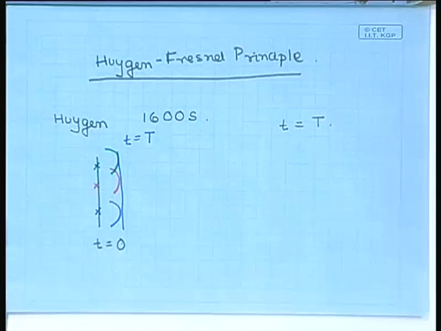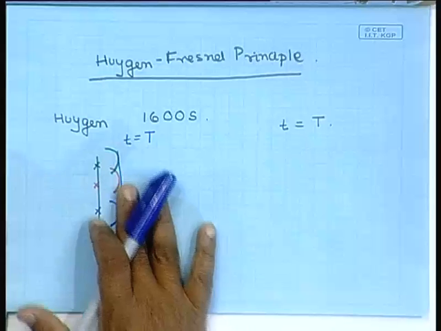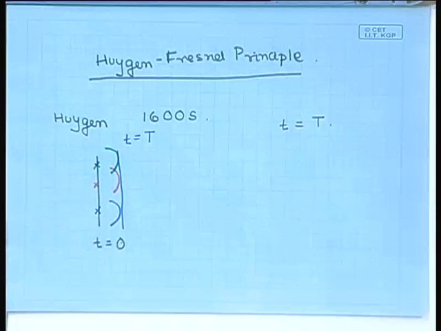Okay. So, this is a prescription which allows you to follow the propagation of a wave in a medium, because you can now use this to determine what the wave front will look like at a later time capital T, and you can do it for different values of the later time, and you will get to see how the wave front actually propagates inside this medium. Here I have taken the medium to be vacuum. So, a plane wave will propagate onto another plane wave, into another plane wave, and so forth, and the whole thing will move forward with the speed c, which is what you have just seen takes place if I apply the Huygens principle. Now, Huygens principle does not really tell me anything very interesting if I apply it in vacuum,